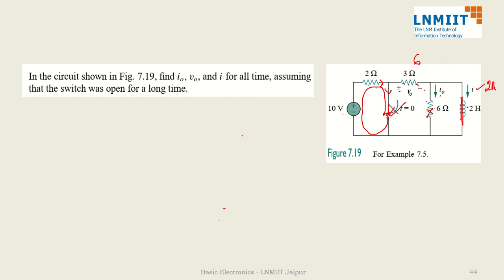Okay. Now, once you remove this, then 3 ohm and 6 ohm parallel with 2 Henry, and we calculate the remaining things. So then my R equivalent will be 6 parallel 3, that is 2, L is 2, tau is L by R, 1. So what is my equation of current in inductor? That is I naught, that is 2 e raised to power minus t by tau.